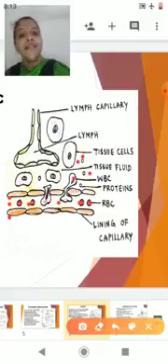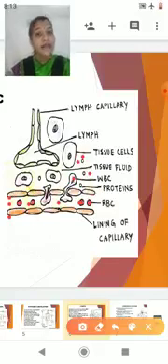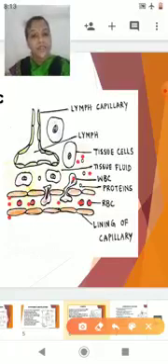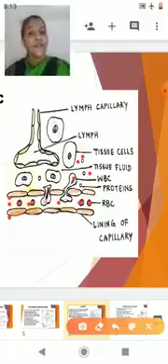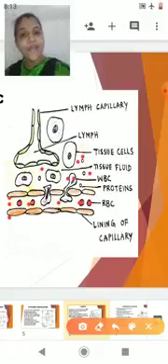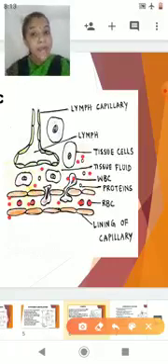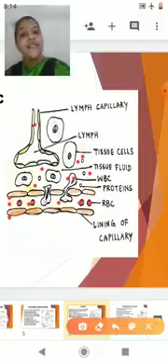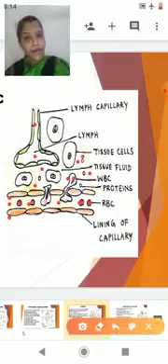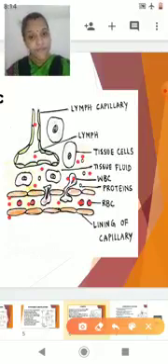And this water, the fluid which contains WBC, proteins, ions, is present in between the tissue cells. Because it is present in between the tissue cells, this fluid is also called tissue fluid. Now this tissue fluid, which has been formed from the blood because the blood is oozing from the capillary, will now be collected by another capillary which is called the lymph capillary. Once the lymph capillary collects this tissue fluid, it will be called lymph.